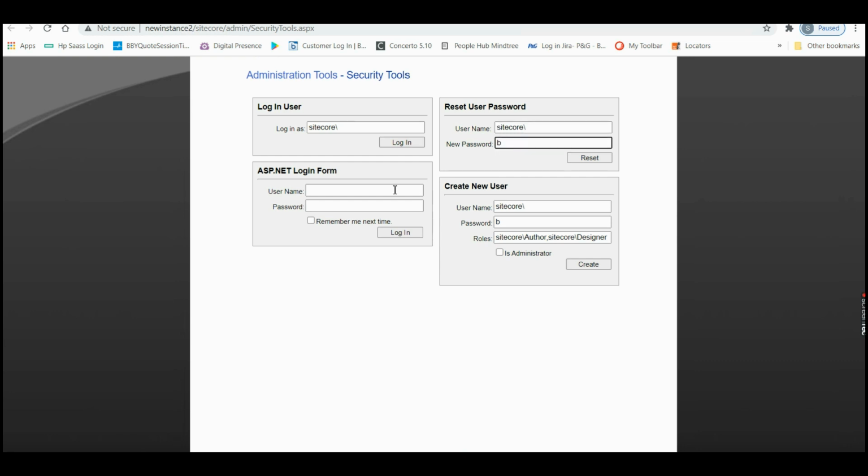Okay, new password, and you can log in with that particular account. You can create a new user as well. So whatever things you can do inside the launchpad, you can do here. Okay.